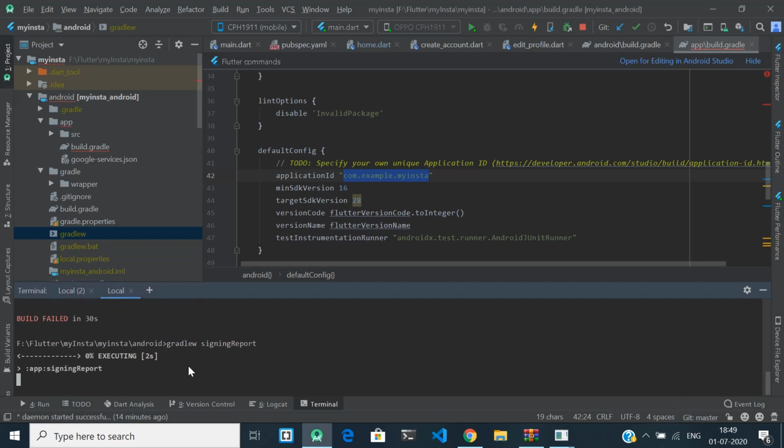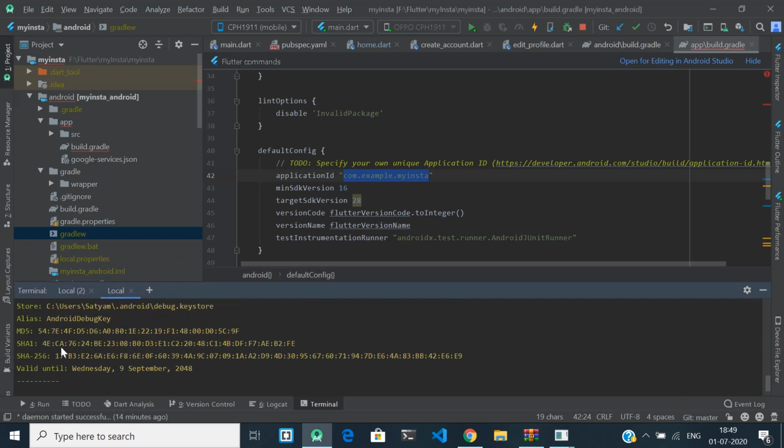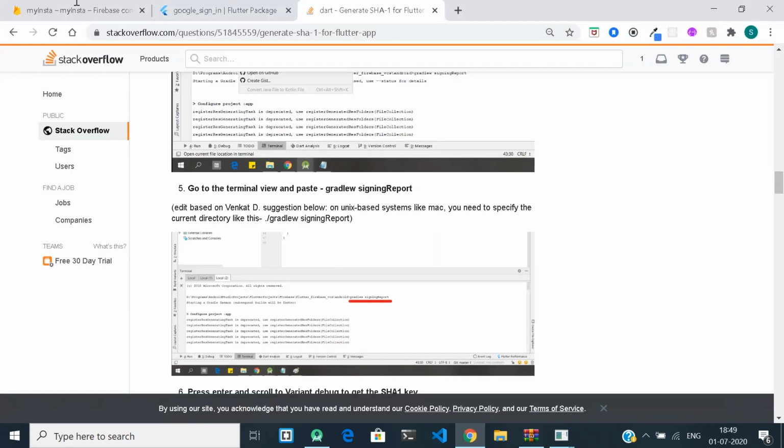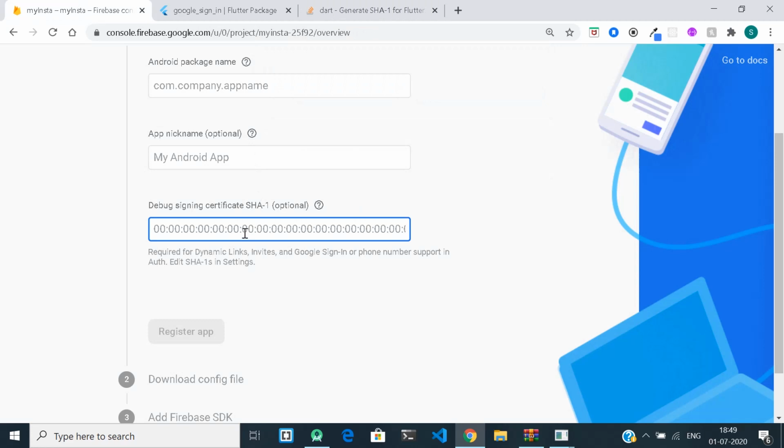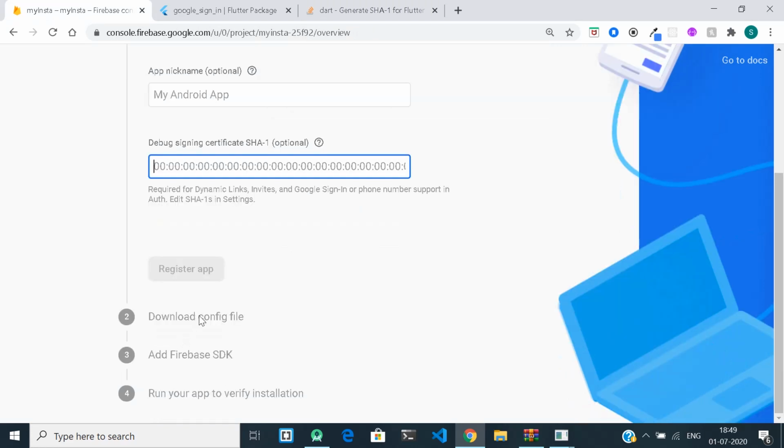Then it will take some time, and it will give you your SHA1 certificate. So just copy this and paste it here. After pasting this, it will give you a JSON file which you have to download.